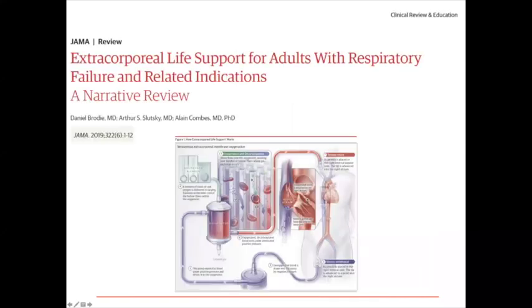So just to make sure, I imagine the great majority of you practice ECMO on a daily basis, but to make sure that we're on the same page, this is from a review article we had in JAMA, just showing the basic setup of veno-venous ECMO, the typical setup for ECMO for respiratory failure. And just going through it, this is meant to show a cannula going up the femoral vein into the right atrium. And this is a drainage cannula draining venous blood via this pump. So there's negative pressure pulling the blood out as the pump then pushes that blood with positive pressure into what's